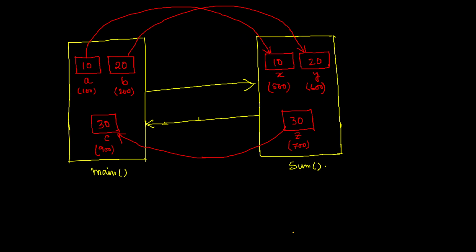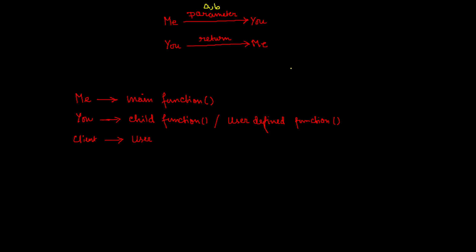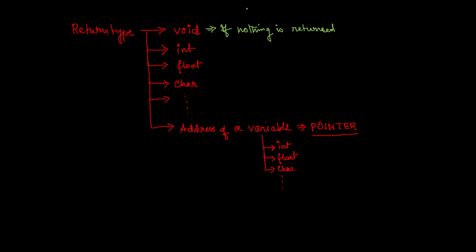Now, if we discuss this part, consider that we have a main function, and at the same time we have another function, sum. Then how do they communicate with each other? The way by which we are passing the value from the main function to the sum function is what we call a parameter. Now if we go into a little more detail about these parameters, you will see that there are two things in any program having a function.